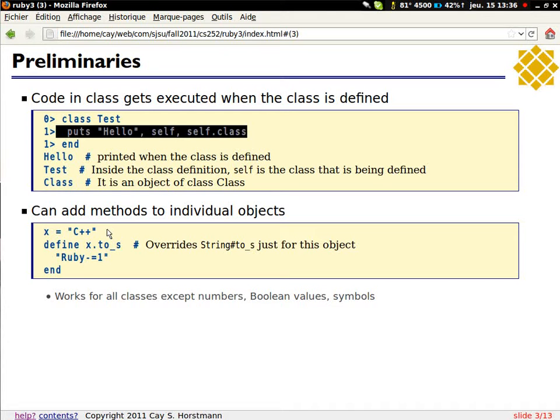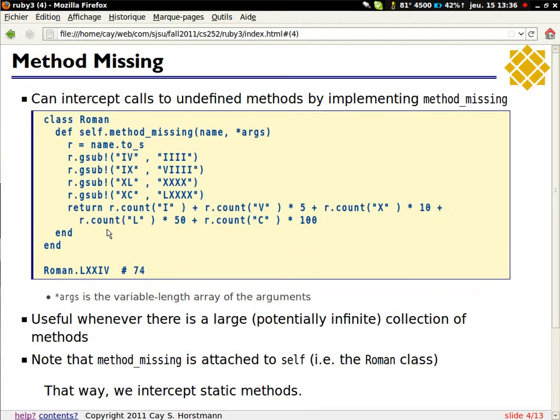def. Okay. So when you have an object and you hit it with a method, if that method doesn't exist, it'll say that method doesn't exist. But before doing that, there's one last chance. It'll try to invoke the method called method_missing.